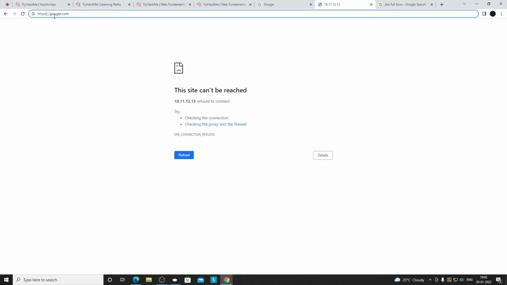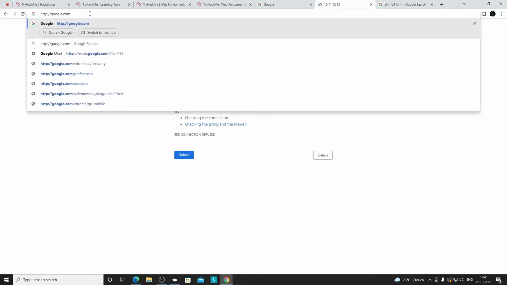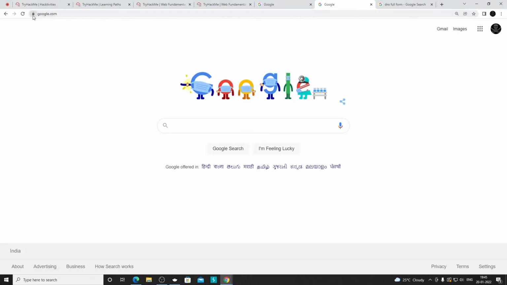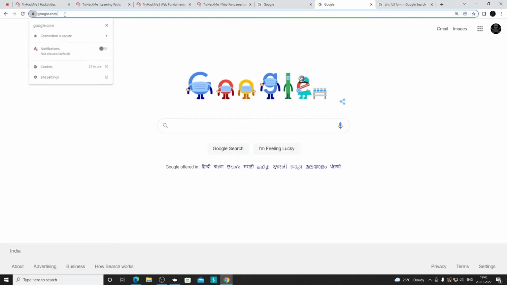See here, if I try to load http colon slash slash google.com, what will happen even if I am saying open the HTTP version, the insecure version of google.com? Google.com has implemented one security configuration that will always redirect the HTTP pages to HTTPS. So if I press enter, you will see here a secure button. Why?